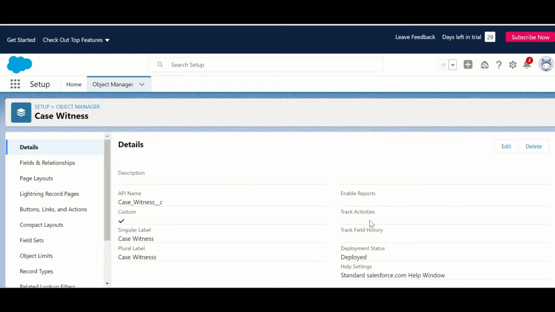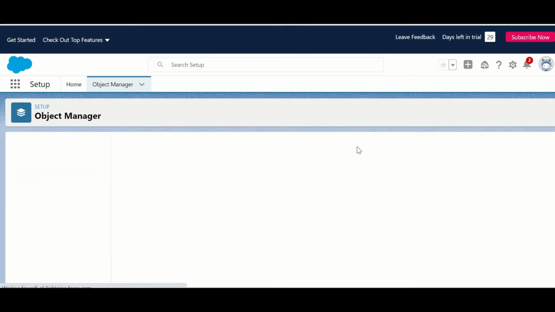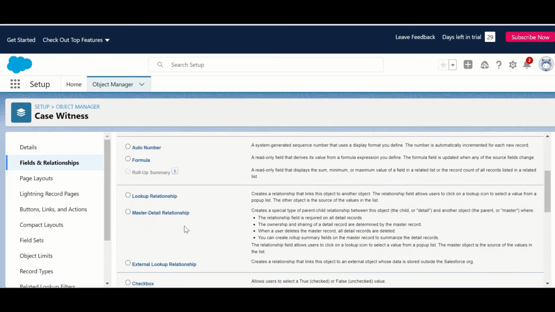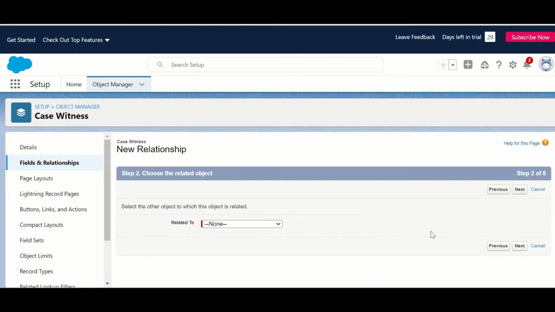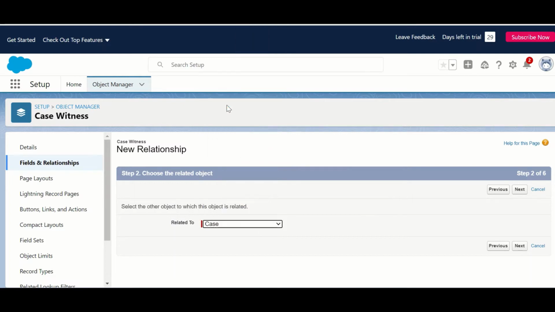So now we will turn it into a junction object. For this we will create two master-detail relationships in this. So in this, click on New, select master-detail relationship. In any junction object, the first master-detail relationship that we create becomes the primary relationship. So select this.